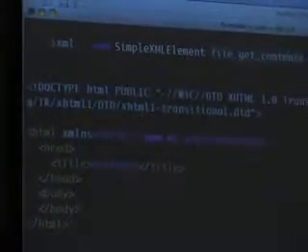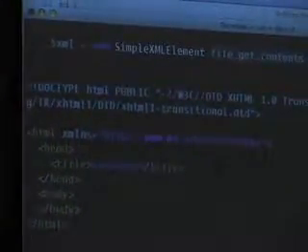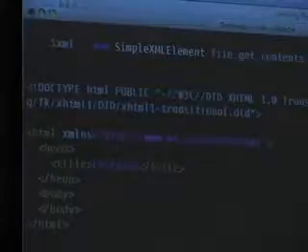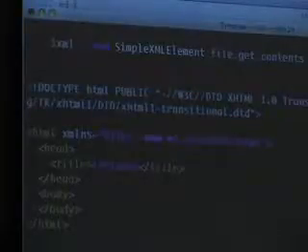File get contents, as the name suggests, gets the contents of a file and returns all of them as one big string. So this is one approach to actually parsing the file. And let me make sure I got my syntax right. Good. Okay, no errors. So now my page looks the same, but I do in fact have a tree structure